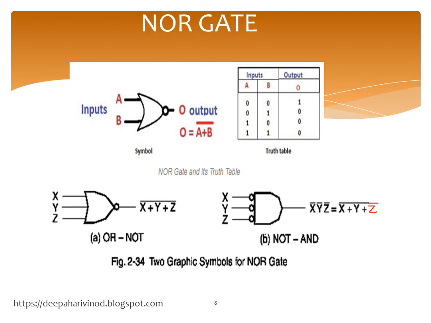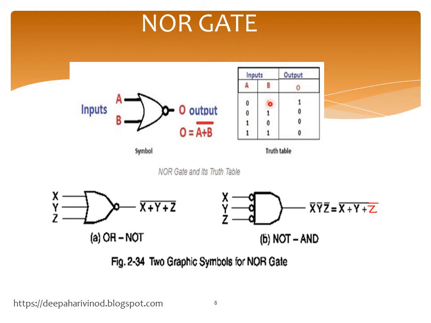Coming to the NOR gate, I can say it is the complemented form of the OR gate, and it has two inputs, output O equal to (a plus b) whole bar. And in the same way, in the truth table we have 4 different combinations, and output O will be the complement of the OR gate truth table.